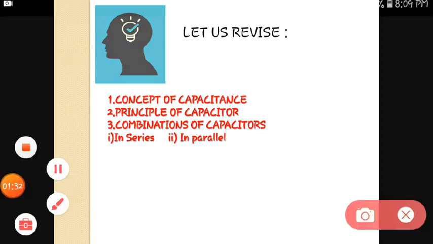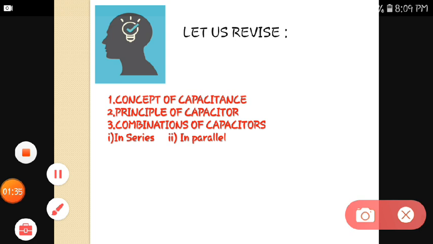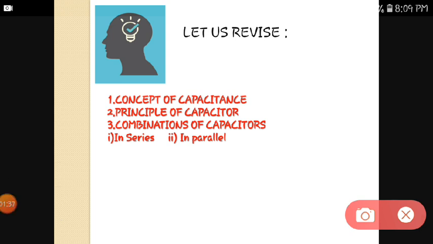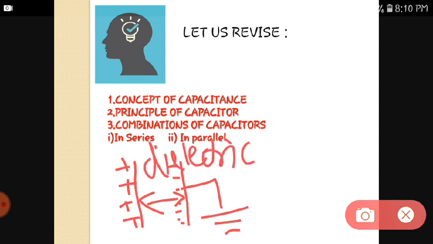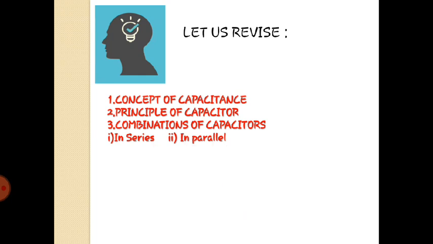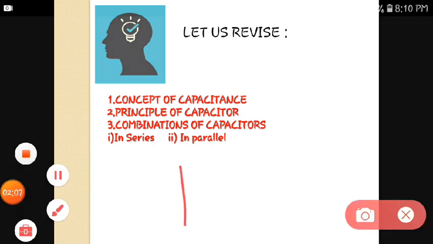How the capacitor is made, how can we distinguish that any electronic component is a capacitor? That has been given: when two plates, one having positive charge and another having negative charge, and the negative plate is grounded, and the separation between them is given by some dielectric, then such kind of equipment is known as a capacitor.